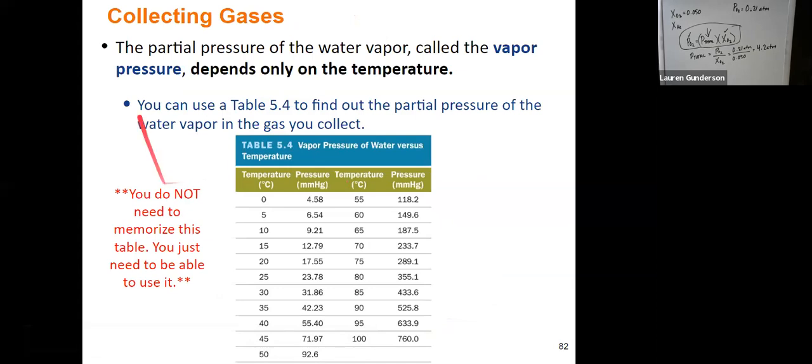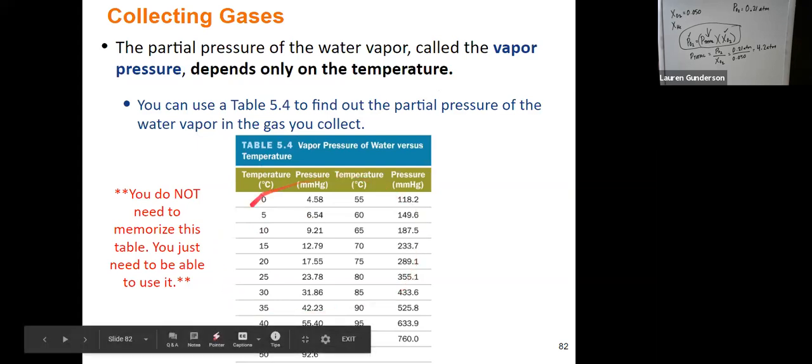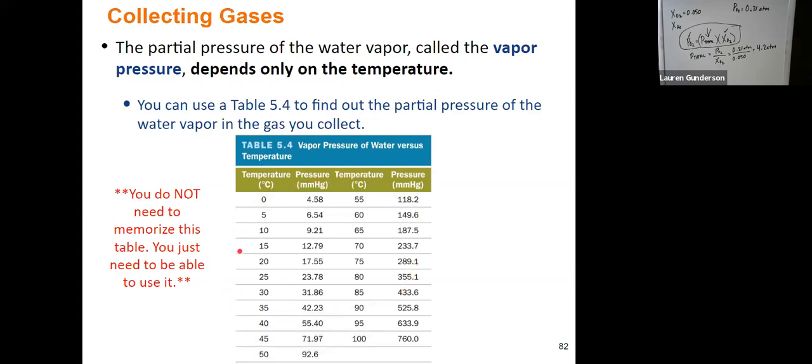Now, when we talk about the partial pressure of the water vapor, we're just going to call it the vapor pressure. All right. And that is only dependent on the temperature that our reaction is going to take place at. So there's a table in your textbook that relates temperatures and partial pressure of water, or vapor pressure of water. This is not a table that you have to memorize, but whenever you are collecting gases over water, you have